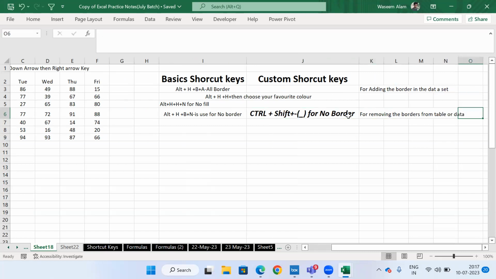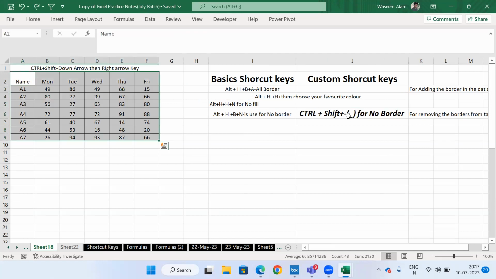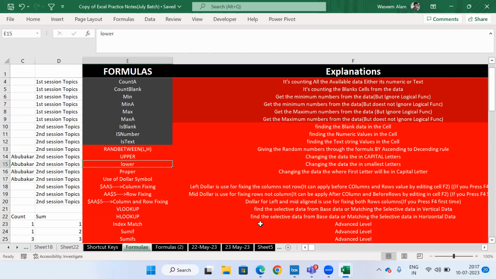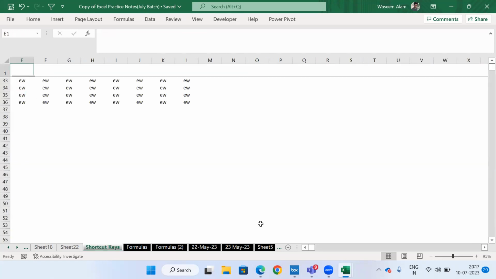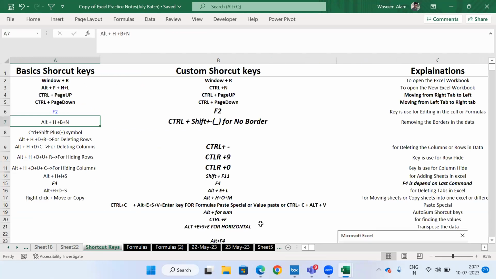Same thing you can do: Control Shift minus. Understood? Yes, sir. So now we have covered how to add borders and remove borders. Now the next topic is